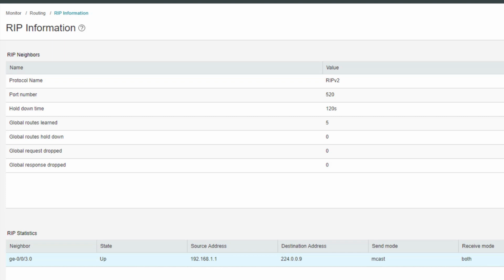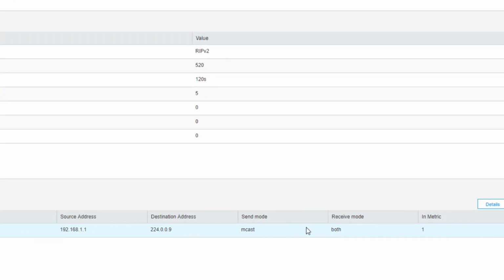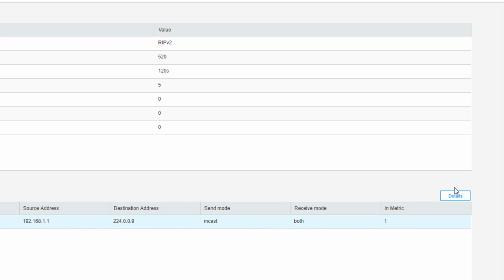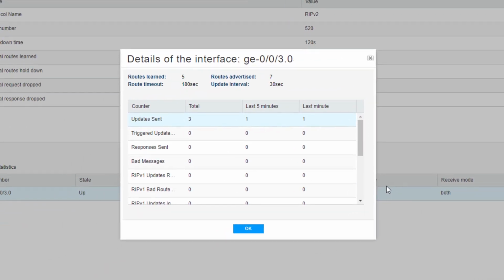It's in the up state. Great. We see things are working great there. We can see we're using RIP version 2. We can see the port number, hold down time, global routes that are learned. There's 5. So, okay, that's great. We're actually getting some information. Perfect. So let's go ahead and click on this RIP neighbor, click details, and we're able to see additional details